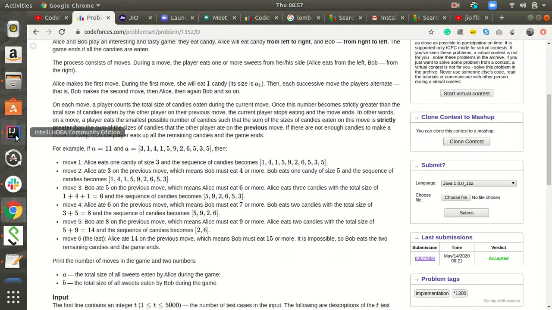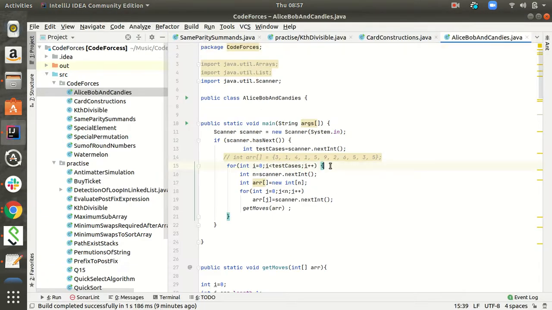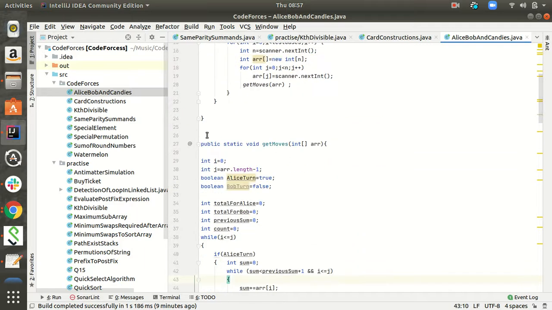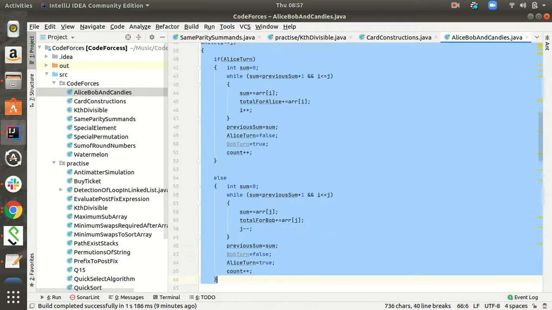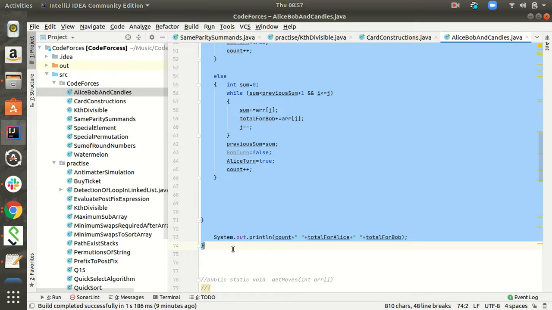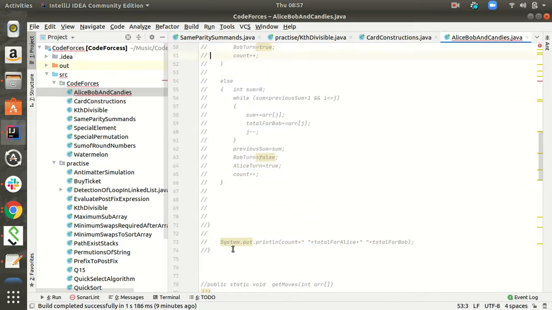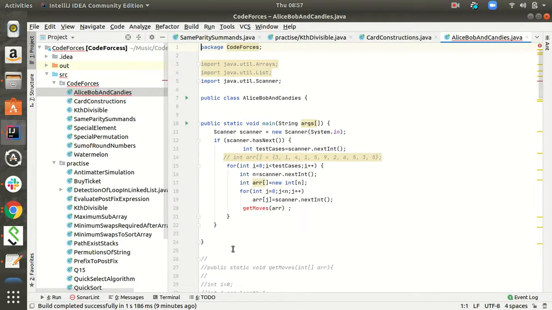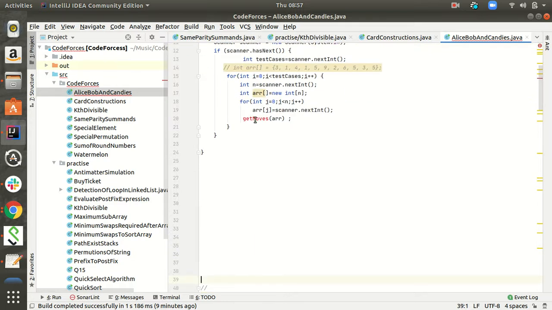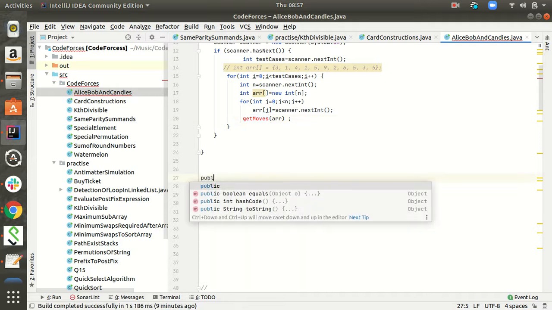So let's go to IntelliJ. I'll first comment it out. This question I did solution to earlier today only. So we'll write a function called getMove, which will not return anything.